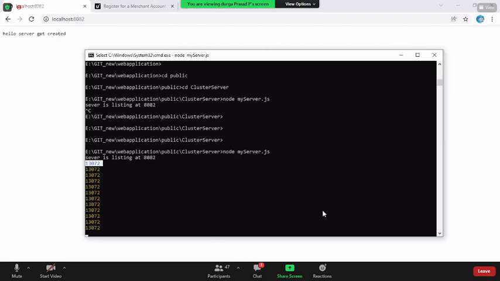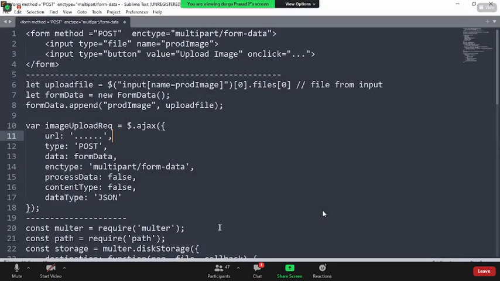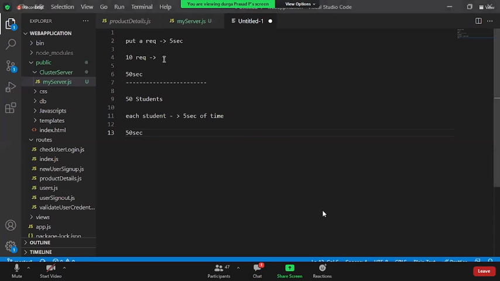Okay, boss, when you have 50 students, and each student is taking 5 seconds of time, and now you are creating 10 virtual copies, you're finishing the time in 50 seconds. Then you may ask me a question: because you're creating virtual copies, not physically creating multiple servers, why don't you create 50 virtual copies, so that totally 5 seconds of time it will take to finish all the jobs? Agree or not? Yes, sir.